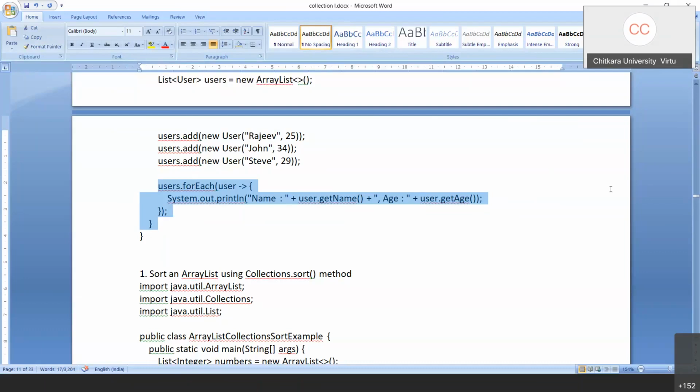So let me see any answers I have got. Index of is going to give me the first index. Last index of is going to give me the last index of that particular element. Imagine the element A being at index 0 and index 5. So index of will give me 0, last index of will give me 5.